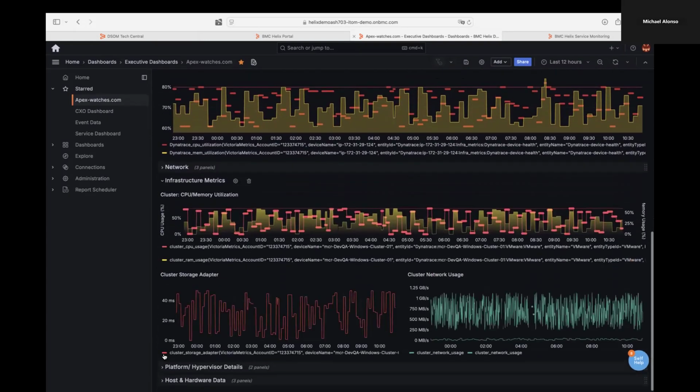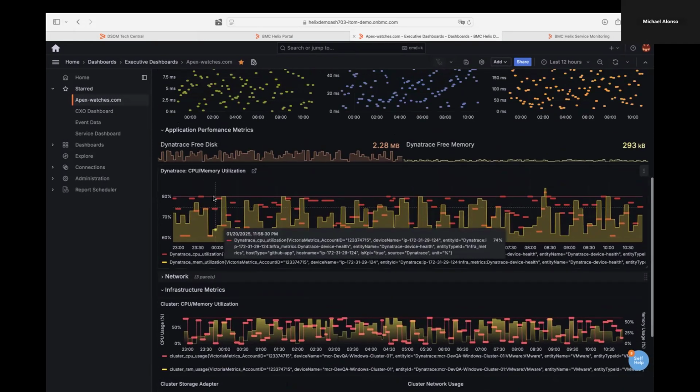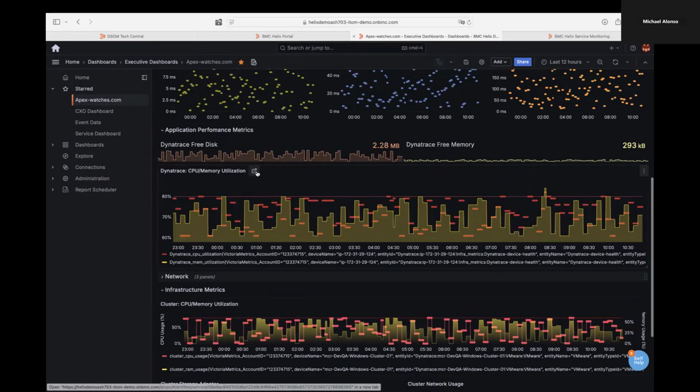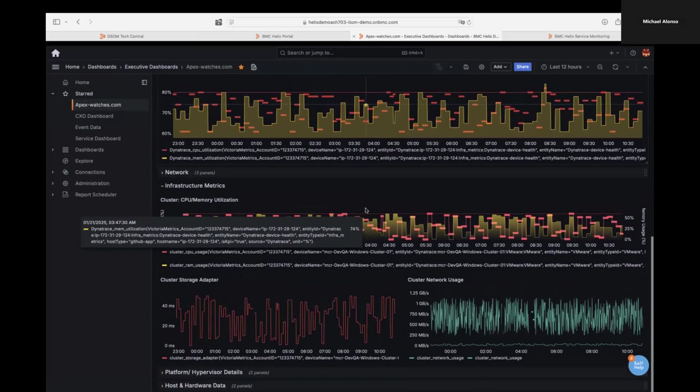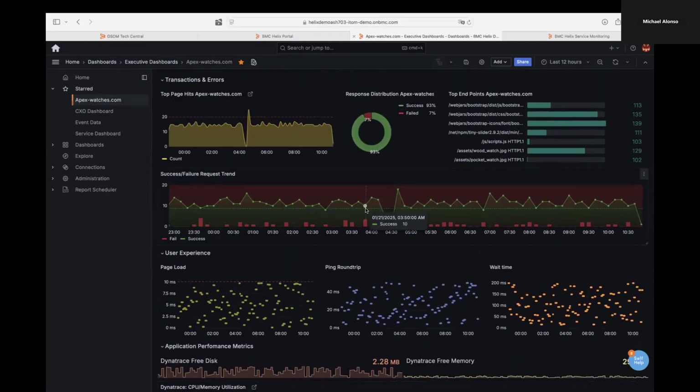I can look at my infrastructure. And again, if I want to drill down into any of this, I can go into one of my additional dashboards. I can go directly back into the operations management console. And if the data is coming from a third party, I can cross launch into a third party if I need to. In this case, with Dynatrace, I can jump right into Dynatrace. I can cross launch into my AIOps and into Dynatrace. So whatever I need to do from a dashboarding perspective, whether it be executive level down to engineering level and everywhere in between, we can definitely do that.